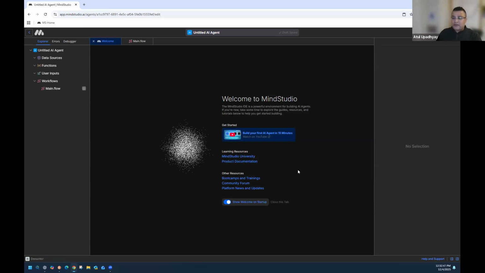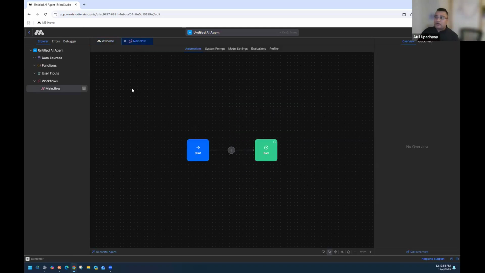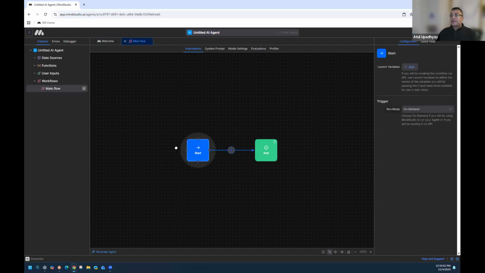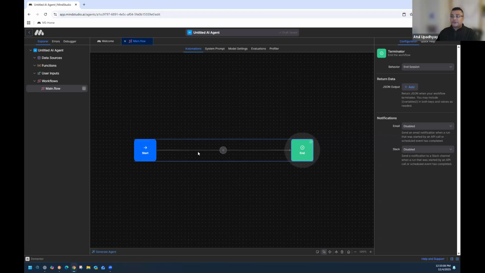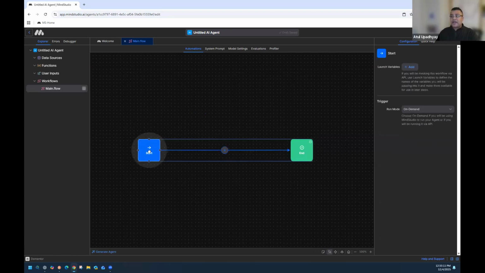You can always piggyback on these without going into much detail. Main flow is the main page where we design, build, and tell the agent what it must do. So our start block is right there, completely interactive, drag and drop. You can do whatever you want. This is where the development environment is, however you want to play around with it.